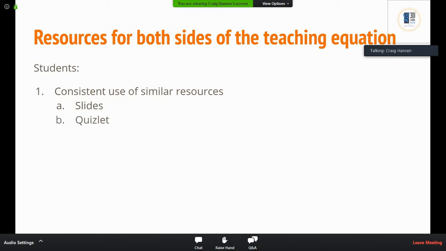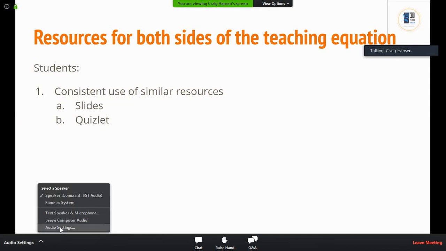We're also going to use Quizlet. Now, Quizlet is an online website, which is quite simple to use. And what it will do is give students a consistent and similar platform where they can practice what they're learning from the resources the teachers give them. So for students, we want consistency, we want simple, and we want it to be something that can be easily accessed.